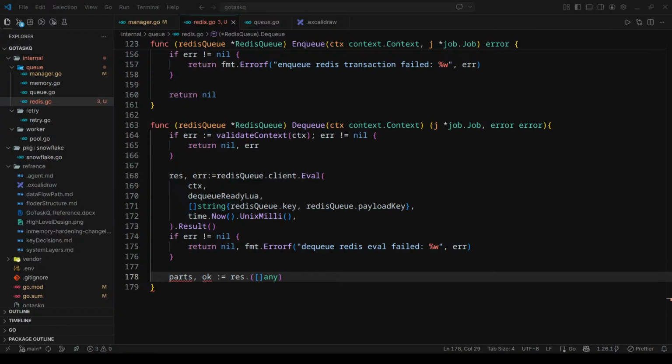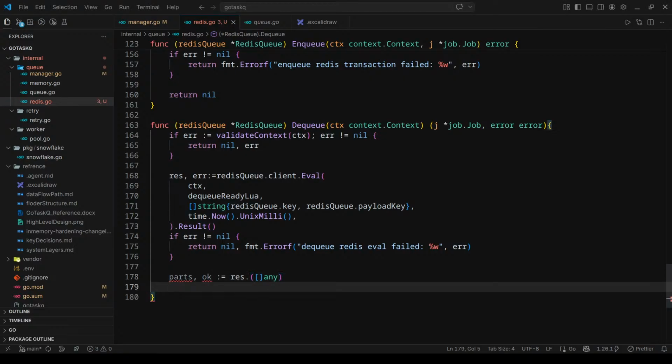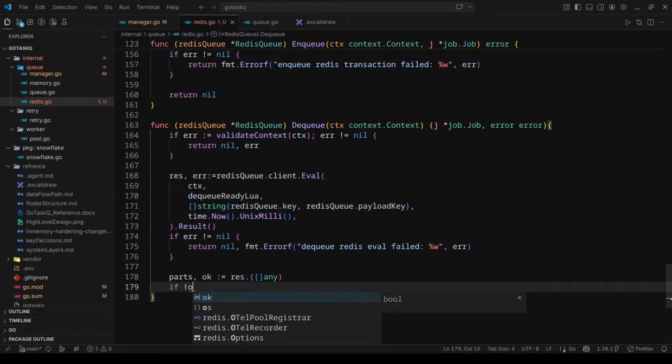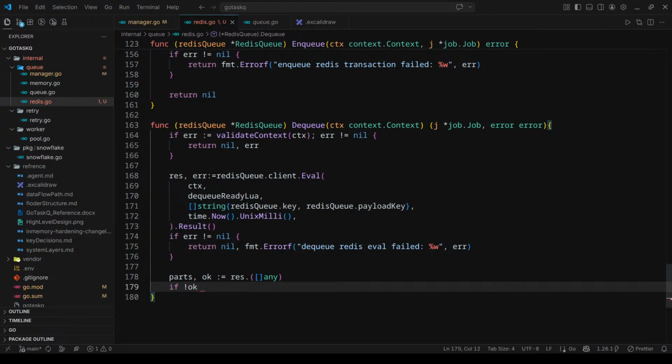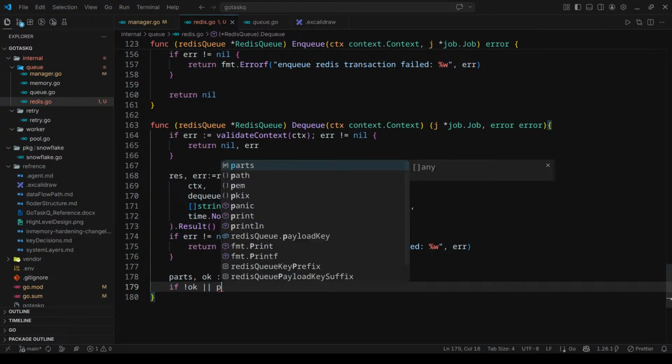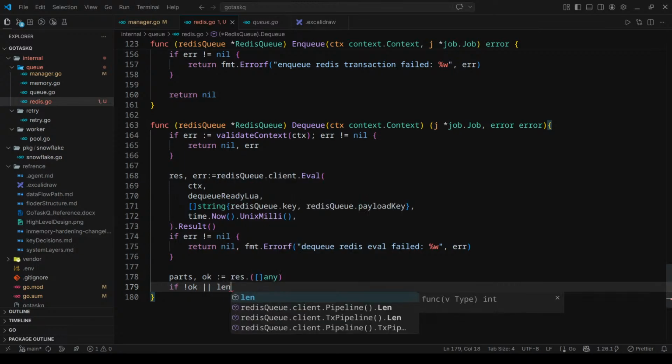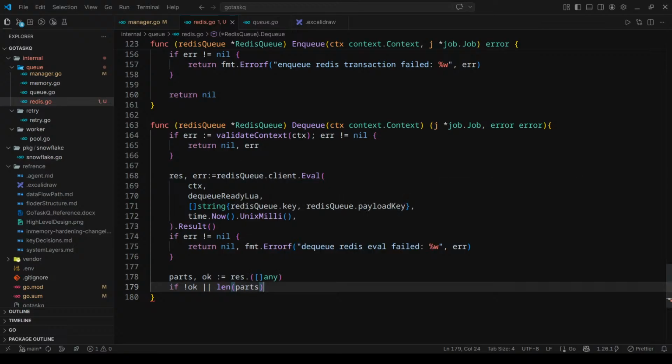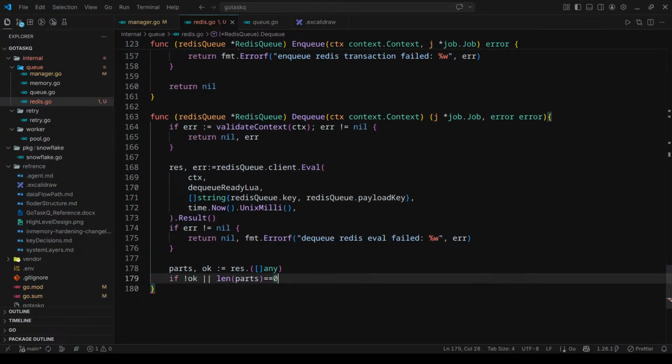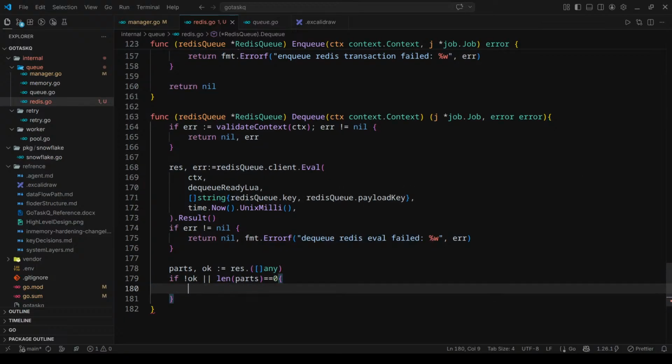So if this is not okay, then we will return error. If not okay, or there can be a case when length of parts equals to 0, it means there's nothing in the parts interface, we will just return nil,